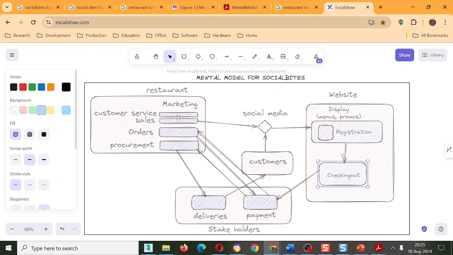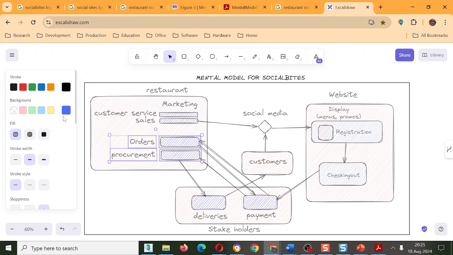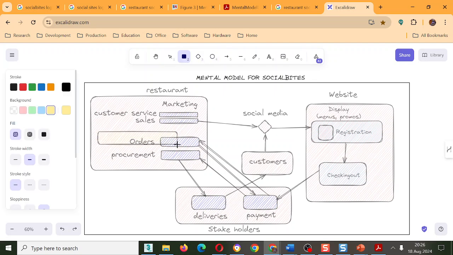So you have marketing has 2 components, and then you have orders and procurement. Yeah, now, the way we are talking, you see, it's evolving. We're being creatives, but that's how creatives think. So I could make an argument that let's just move these 2 guys into their own box over here. Maybe I pick this one, put it here, so that they have their own box, which I will label.